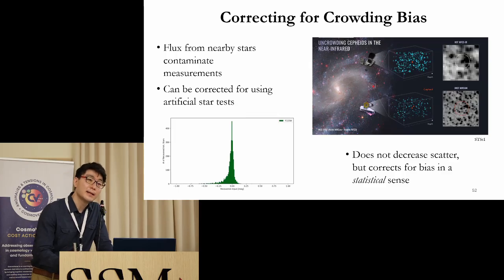It does not correct for the scatter in the Cepheid relation or the JAGB relation. And so in that way we are essentially correcting for this contamination from flux from nearby stars. It doesn't necessarily reduce our uncertainties. If anything, it does increase the uncertainties by a tiny bit, maybe estimated by the widths of this distribution. But again, we are trying to correct for that bias. And so for the JAGB in particular, since we are in the outer disk, this crowding bias is non-negligible. It's still on the order of a few hundredths of a magnitude up to 5 hundredths of a magnitude,